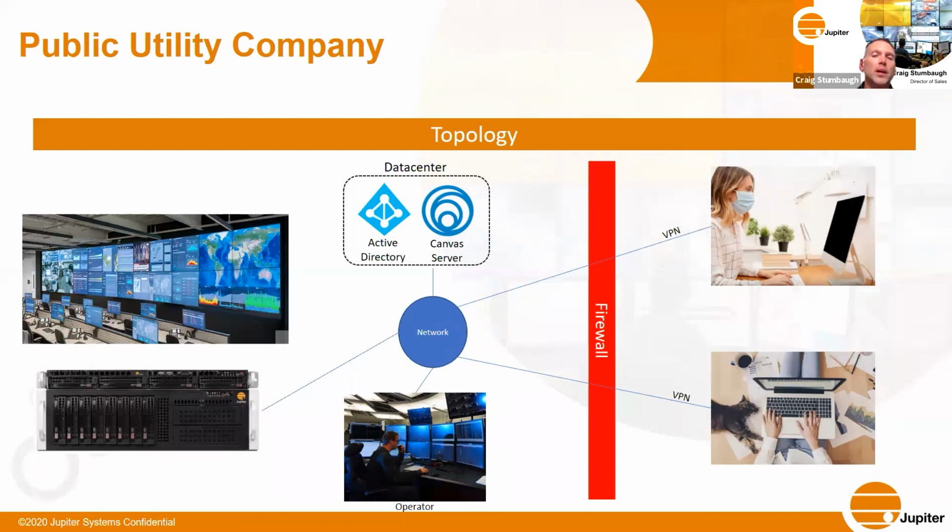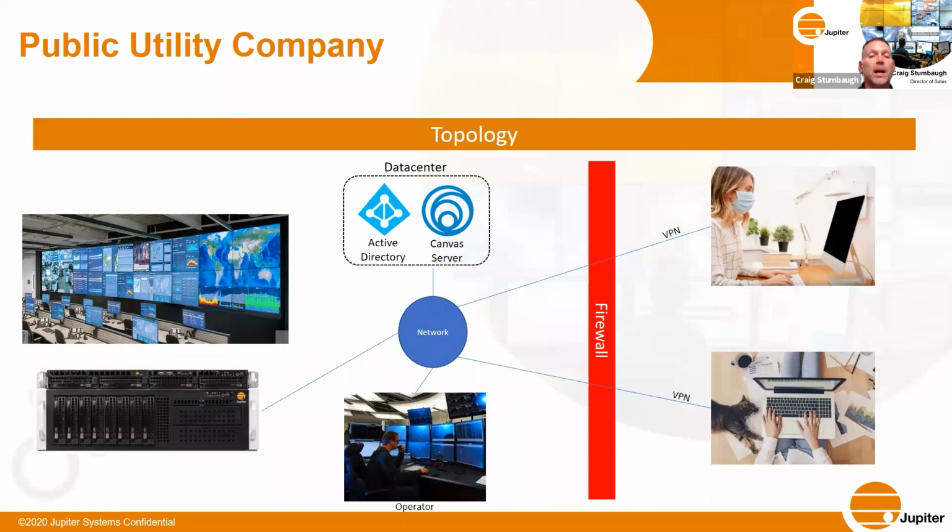And then up at the top, you've got the corporate Active Directory, which that operator, when he comes in the morning, authenticates his credentials against so that he can gain access to his emails and whatever other corporate communication that he needs to do his job. And we've integrated the Canvas server into the enterprise. And that Canvas server serves two roles. One, it authenticates that user in the Canvas ecosystem as to what permissions he has to view and access content and potentially manipulate that content, as well as pointing him to the different sources that he needs to see at